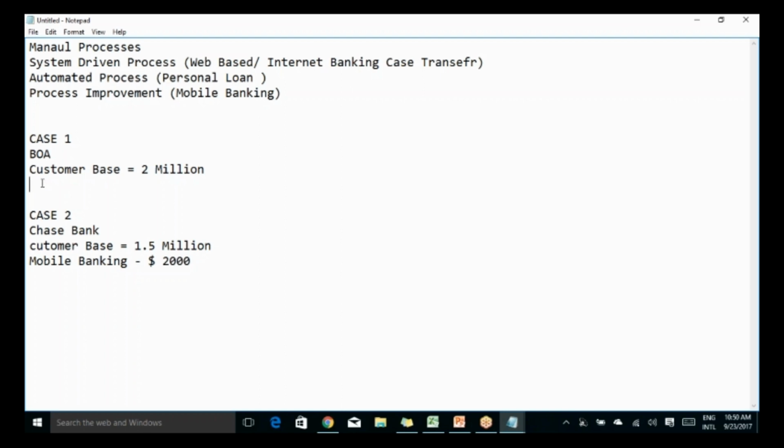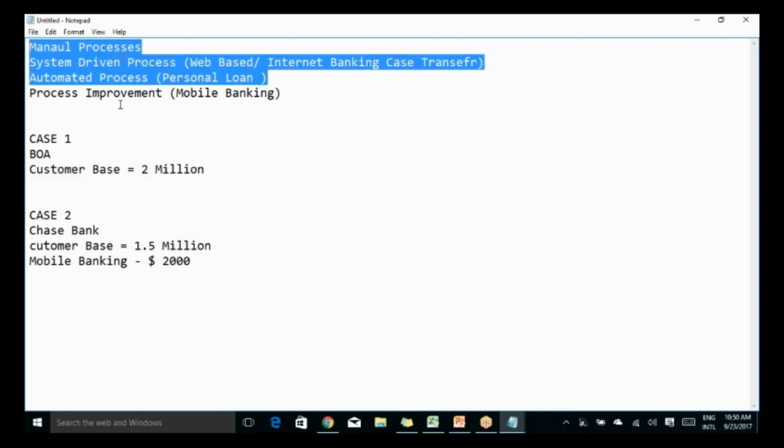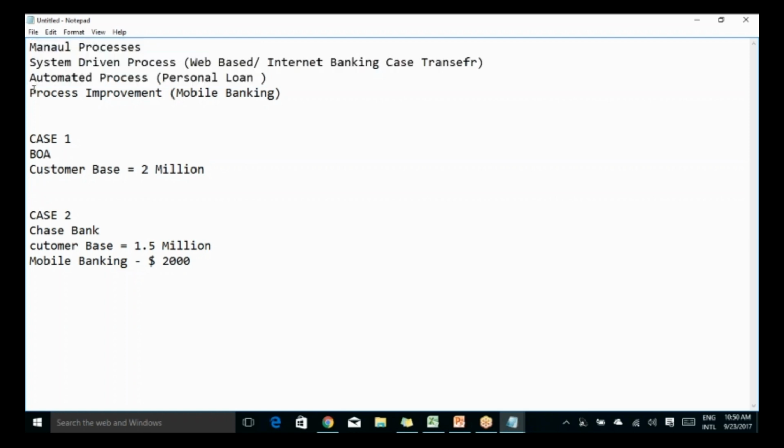base. So they are not at all doing any market research, or they are not at all competent with their processes. So they are happy with their customer base, and they are happy with their existing processes or the combination of processes. They don't want to make a fresh investment on this. Now since Chase Bank has made a fresh investment, they are expecting some return on their investment. So that is the reason they have initially made this service chargeable. Later at some point of time they may make it competitive.